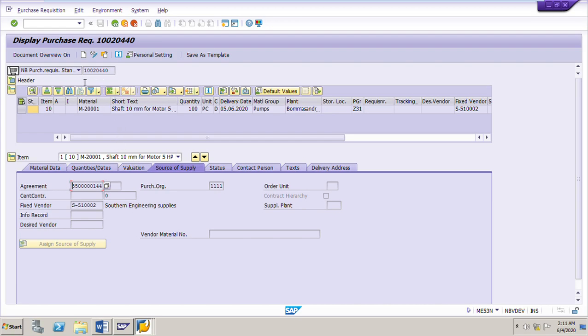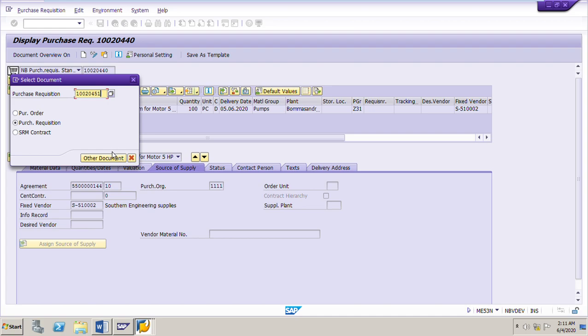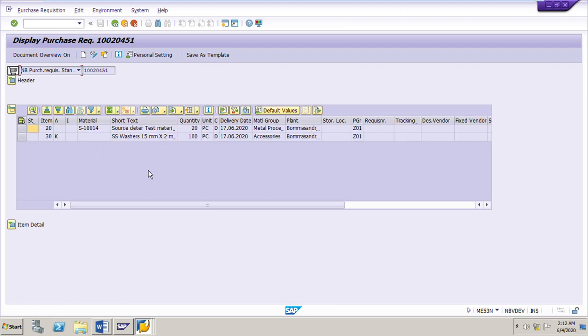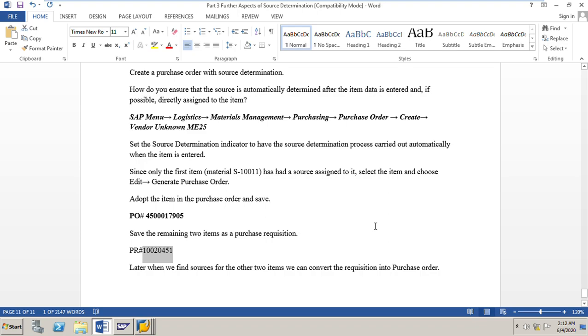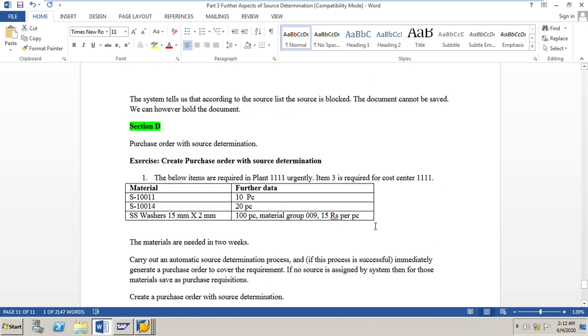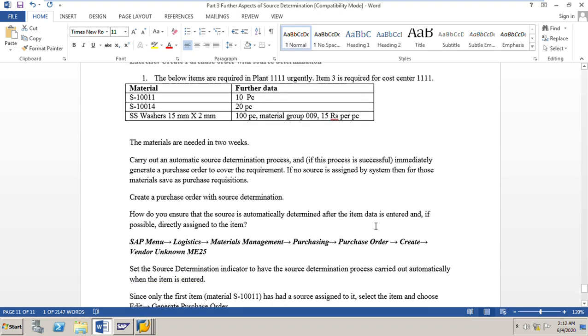Yes, it is there. This is the purchase requisition generated. So this is the exercise on create purchase order with source determination.